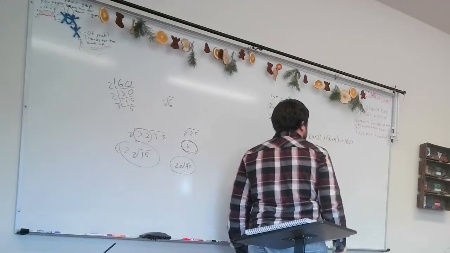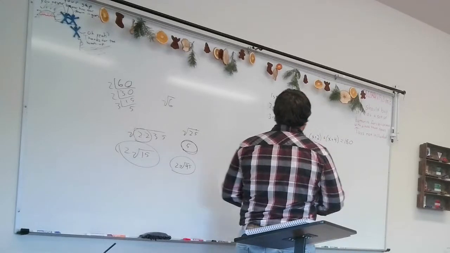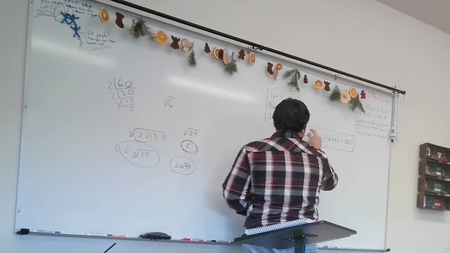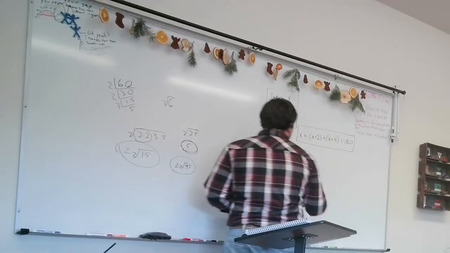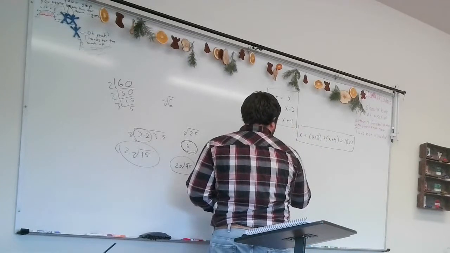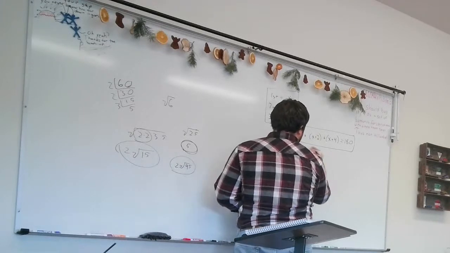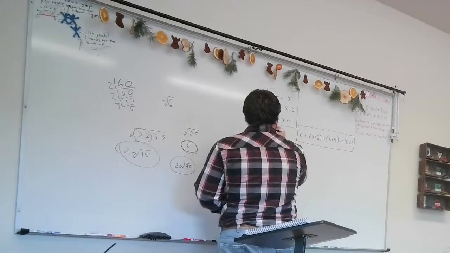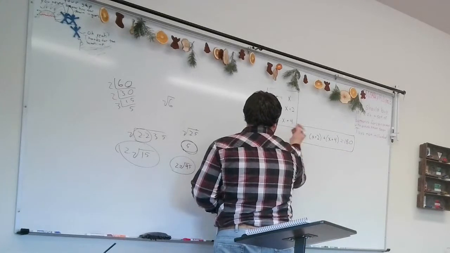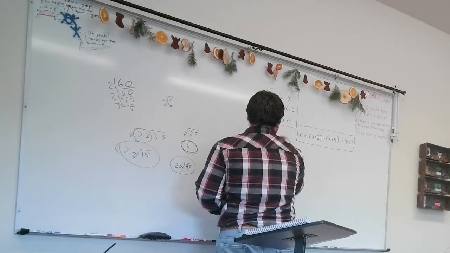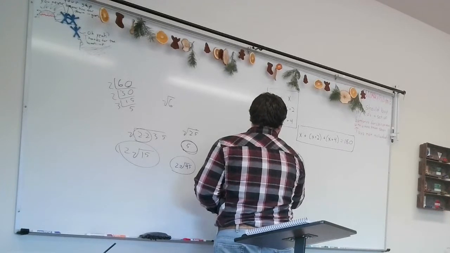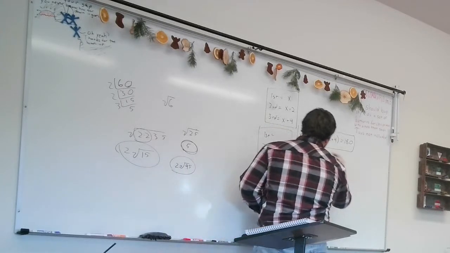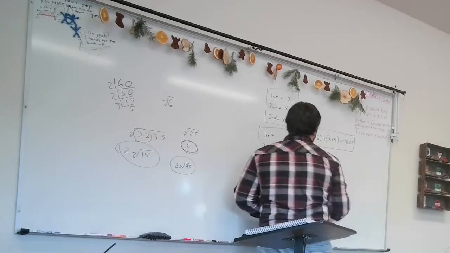Now, what else do you need in your answer? I want this set up like that. Then I want your equation, and then your answer, obviously, and the checking. So once you're done with this equation, I want your answer. So the first angle is going to be whatever it is, and the third angle is going to be whatever it is. So I'm going to need that information. And then I want your checking, which is just plugging your numbers in.